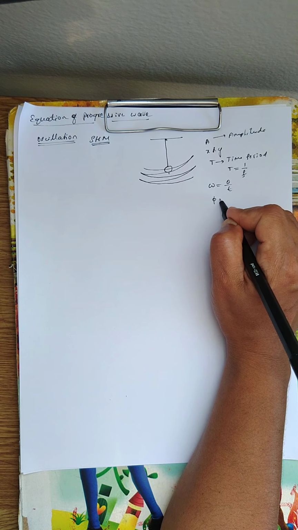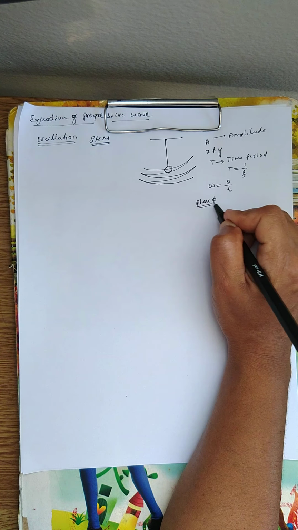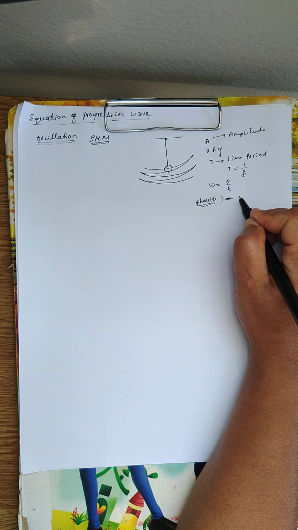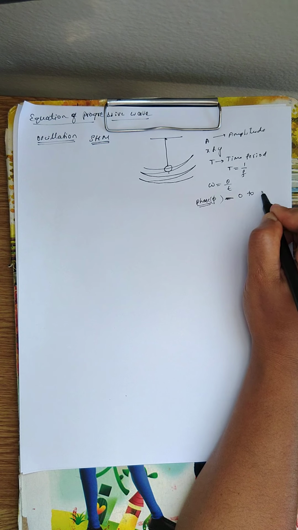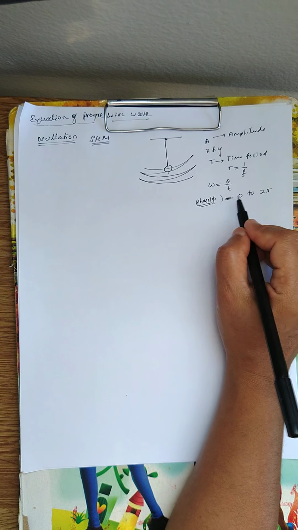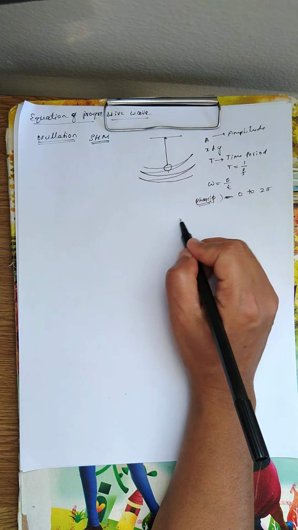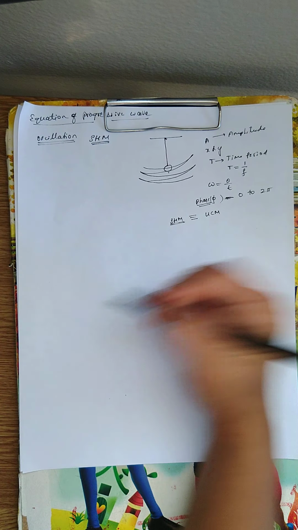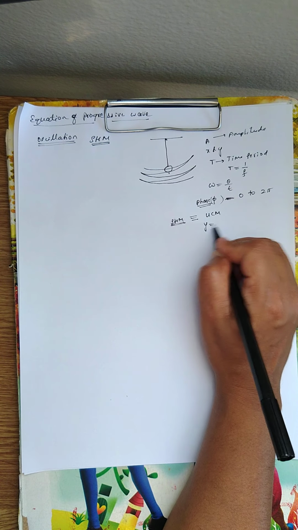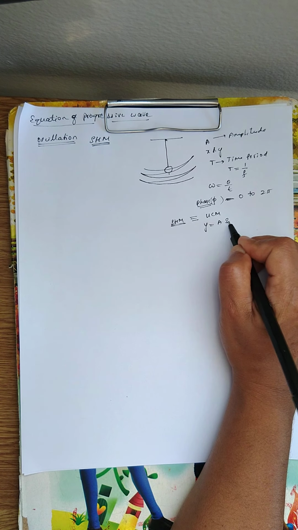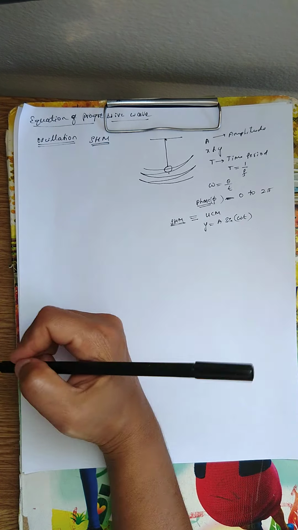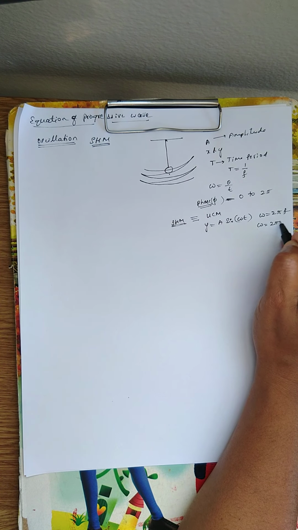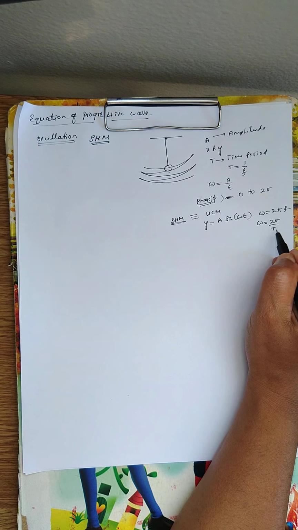Now one more, phase phi, is nothing but state of vibration. It varies from 0 to 2 pi. Yes, and we also did last year how simple harmonic motion is equivalent to uniform circular motion, from which you derived this equation for simple harmonic motion, y is equal to a sine omega t. Remember, omega is equal to 2 pi f, or omega is also equal to 2 pi by T, right? Okay,